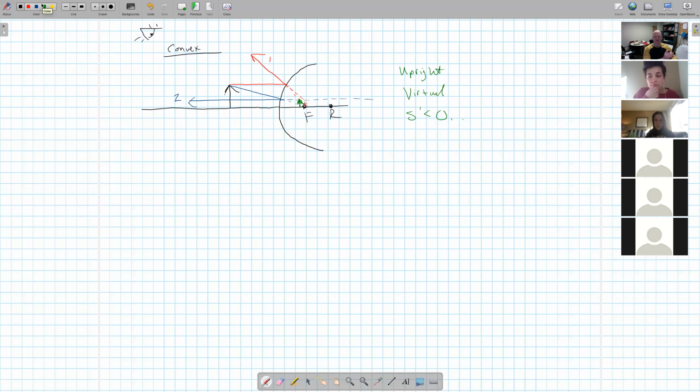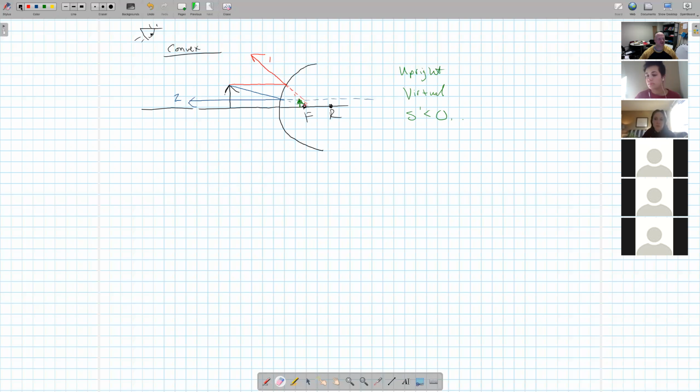So this is actually how we would determine where the image is going to be located, and we can measure the image distances and all that stuff if we were very precise. Here we would have to draw things using a compass, using a ruler, nice straight lines, do all that good stuff. But that's not very practical. So what we can do is determine a mathematical expression to find out where these images and things are going to be